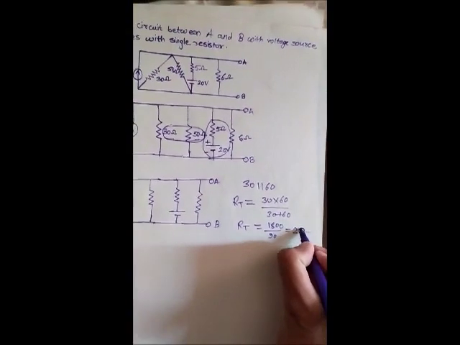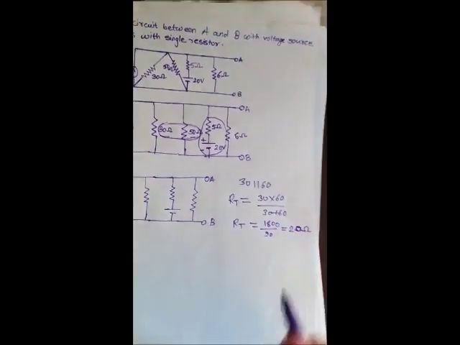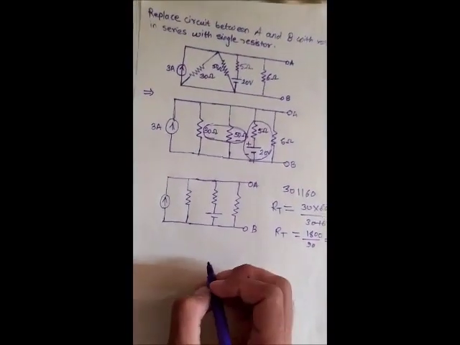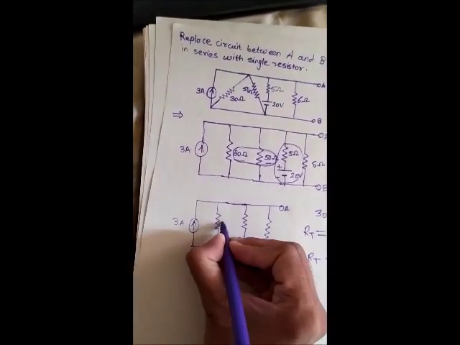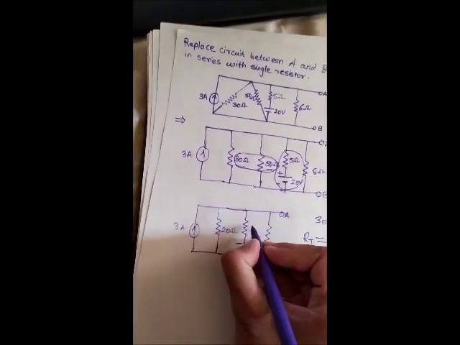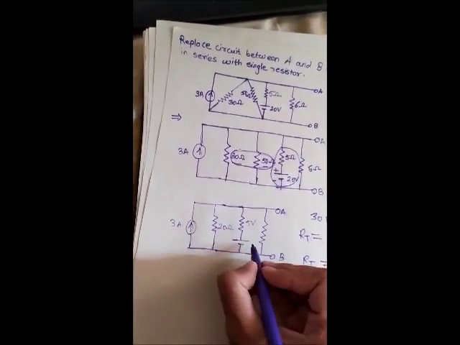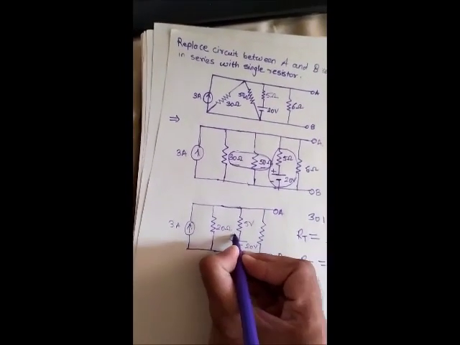So RT is 20 ohm. So this is 3 ampere, 20 ohm, 5 ohm, 20 volt,